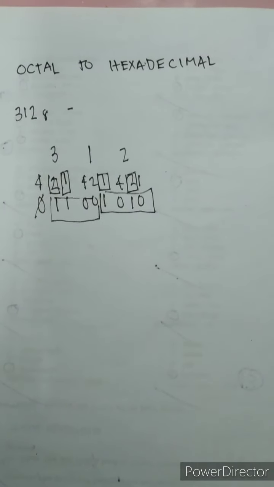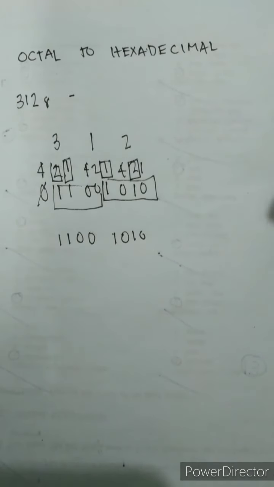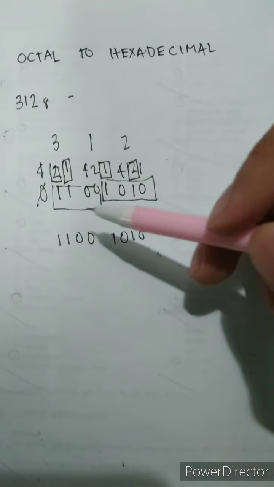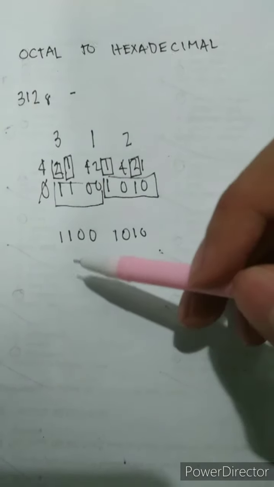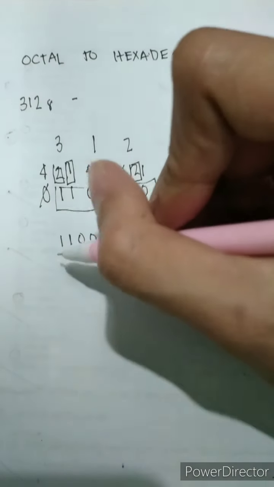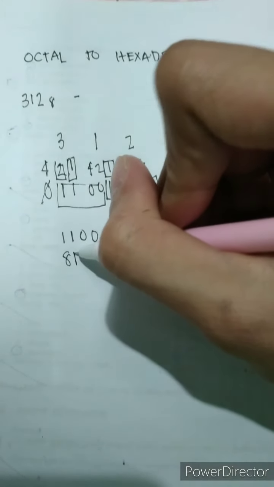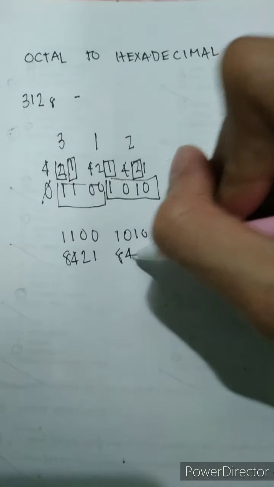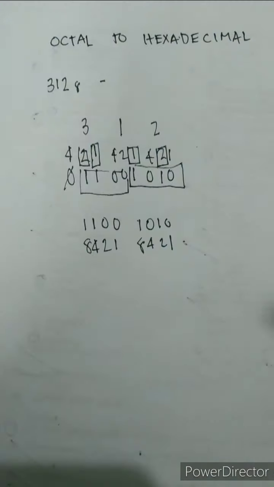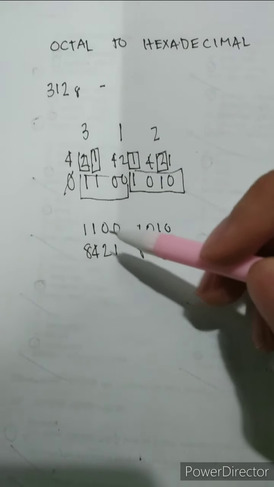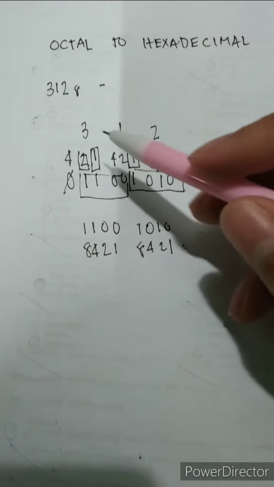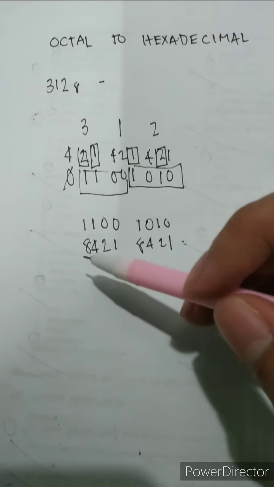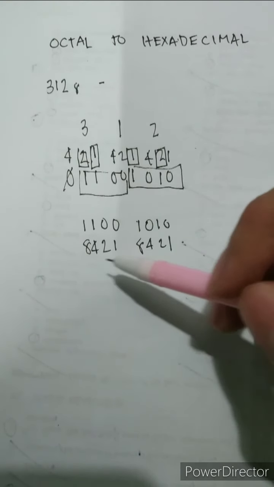So I already rearranged the binary value here, and then after that we just put 8 4 2 1. So this is the binary value of 302 base of 8, and to get the 8421, this is the simpler